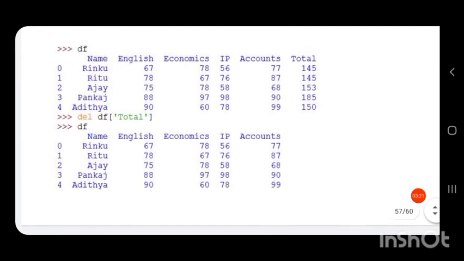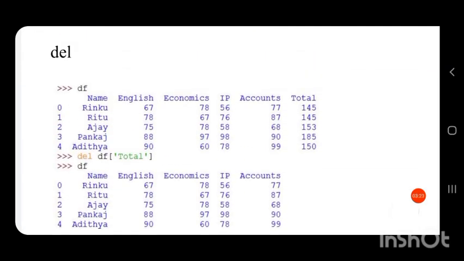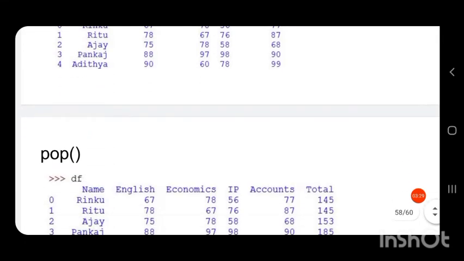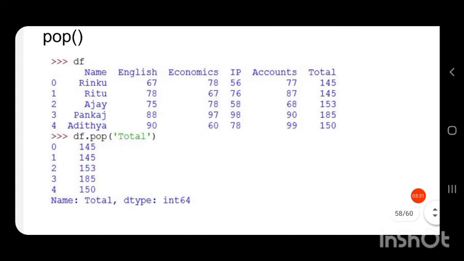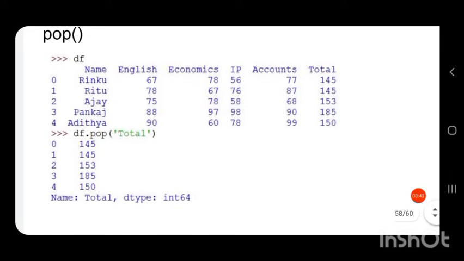Del is a keyword and does not have any parameter, it is just followed by a data frame. But pop is a function, so we use it as the data frame object dot pop, with the column to be deleted in the brackets. The column to be deleted is total, so it is df.pop('total').